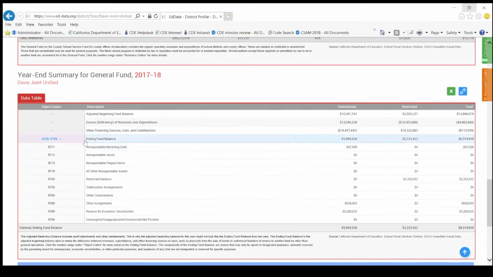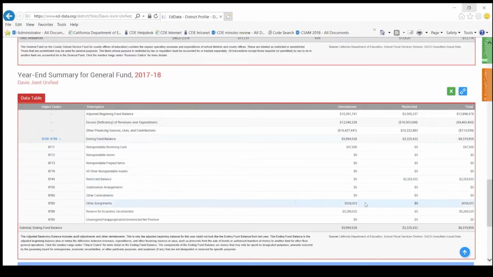And then finally, we have in this particular section, year-end summary for general fund. This is just basically components of ending balance. So districts typically do not spend all they receive in any given year. They have what we call carryover. So when they have carryover, that is characterized as their ending balance. So in their ending fund balance, they identify certain parts of that ending fund balance for specific purposes, like, you know, obviously for our restricted programs, those balances are restricted and they can only use it for the purposes of